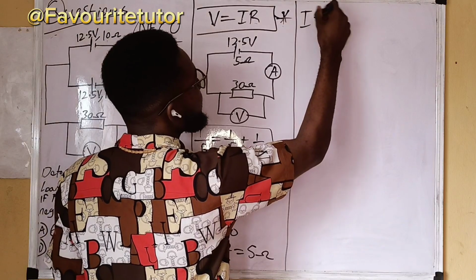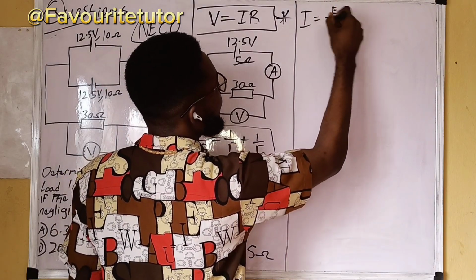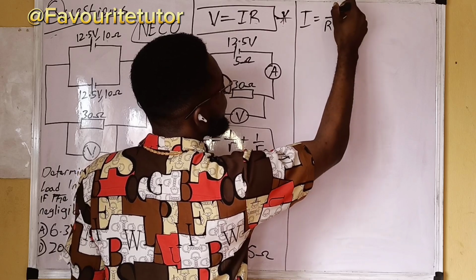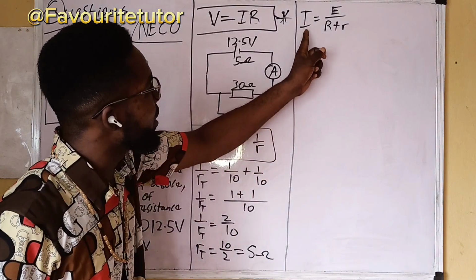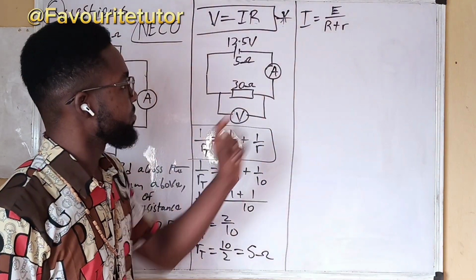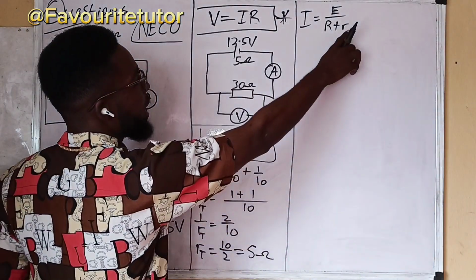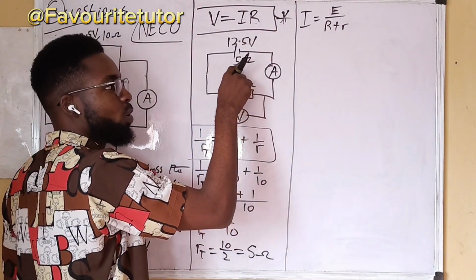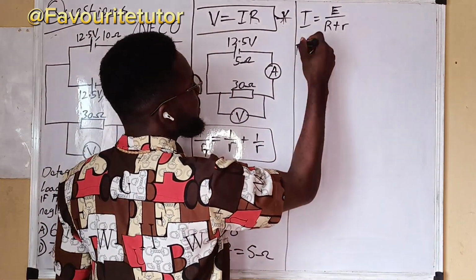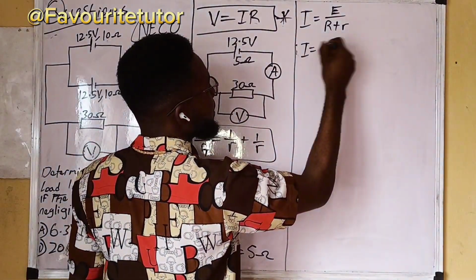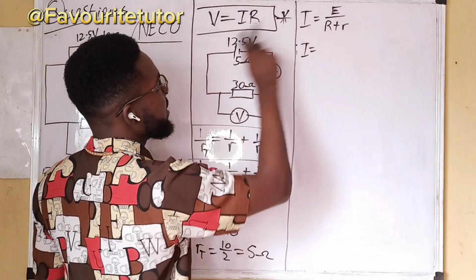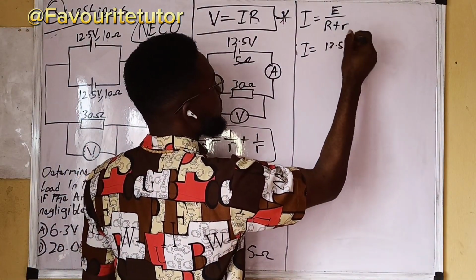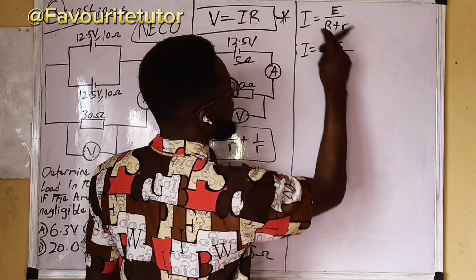From the equation E over R plus r, the equation on electromotive force, making current the subject of the formula. So we can get current from this equation when we have the internal resistance of the cell. So current is equal to the battery. This is the cell, which is the battery E. This is 12.5 over